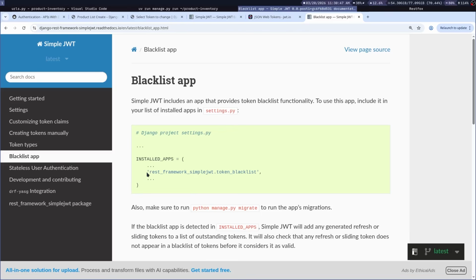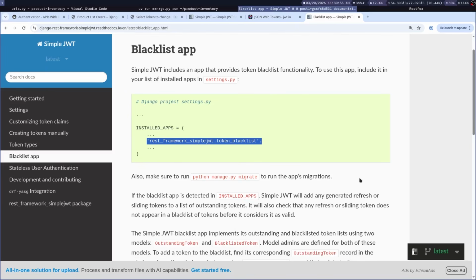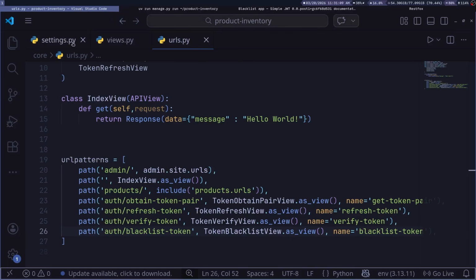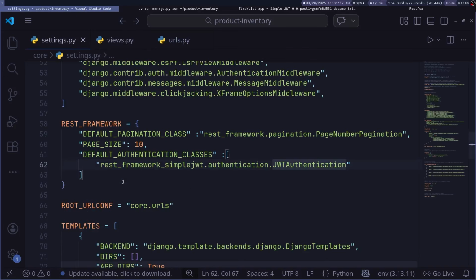So what we can do is to come right here, add the REST framework simple JWT token blacklist app, and then migrate or make changes to the database. I think it does some kind of storage to keep the token persisted, or information about the token persisted, so that you can no longer perform requests with it. So what I'm going to do is to go to urls.py. I'm actually supposed to go to